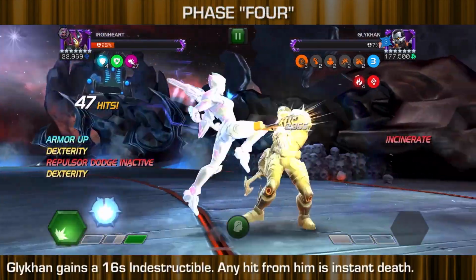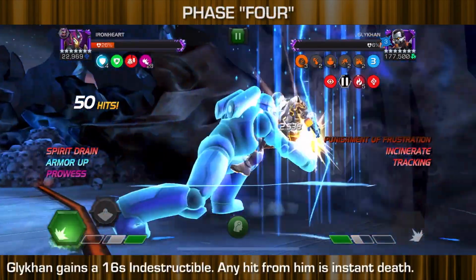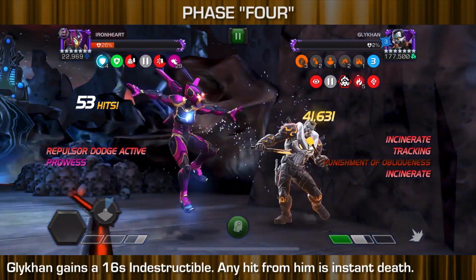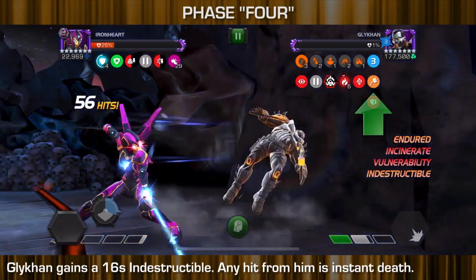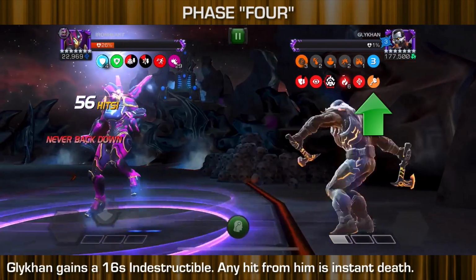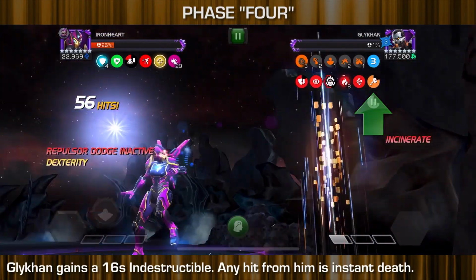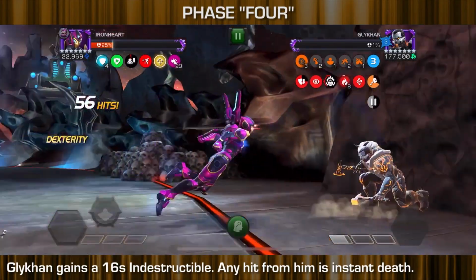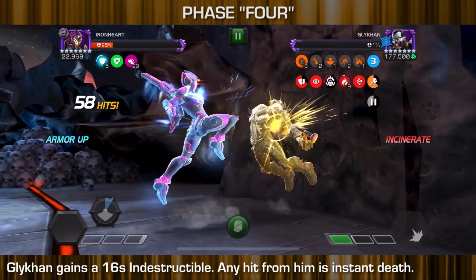So there technically isn't a final phase in this fight, but when you would finish Phase 3, GLYKHAN has a 99.96% chance to gain an indestructible passive for 16 seconds. Any hit that you take from him while this indestructible is active will immediately KO you. So from here, it's just a matter of surviving long enough until the indestructible expires, and then you can land